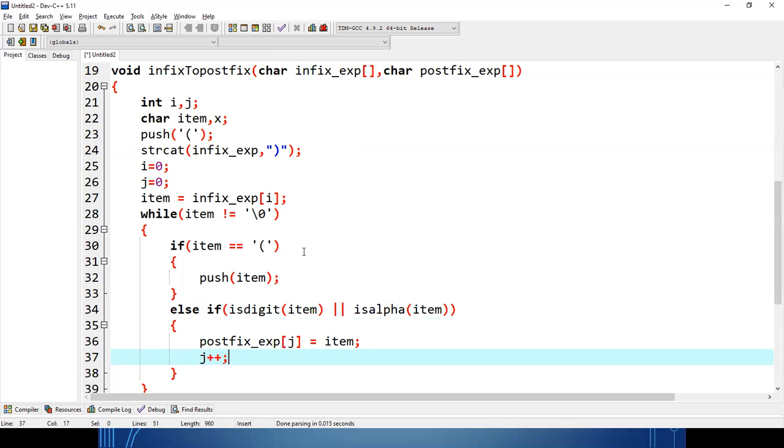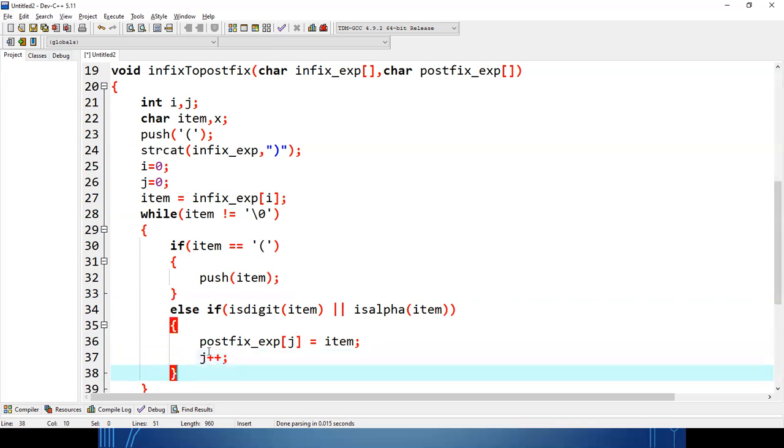So two cases so far: if I encounter a left bracket, I push it to the stack; if I encounter any alphabet or digit, I directly store it in the postfix.